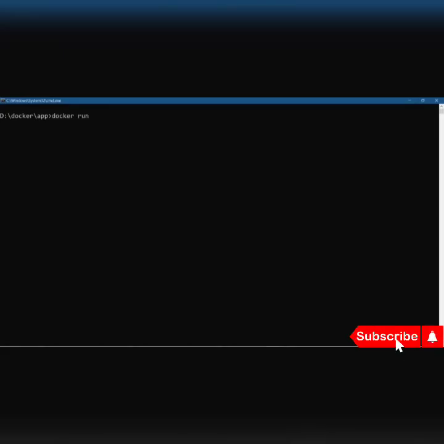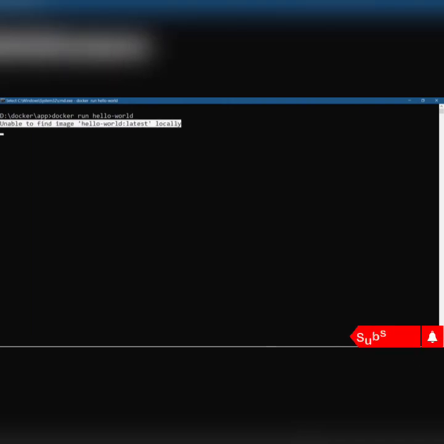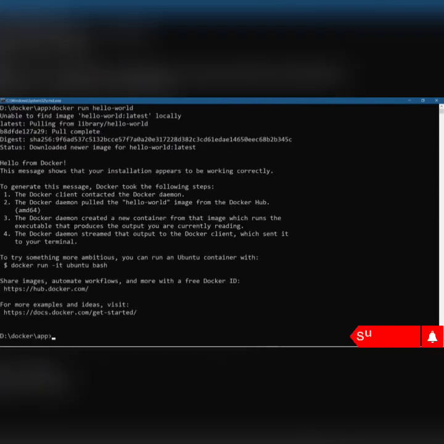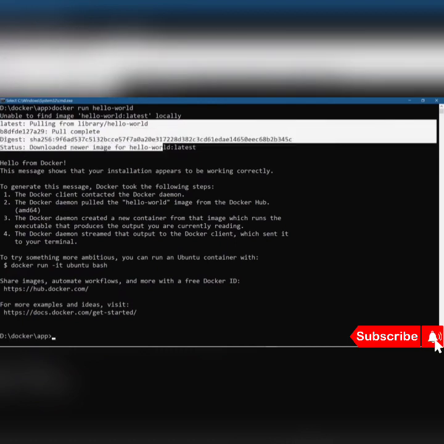In this lesson, we're going to learn how the Docker run command works. Just like printing hello world in any programming language, we're going to use the hello world image. So what happened when we ran this command is that it looked for that particular image in our local registry. But when it didn't find it, it pulled that image from Docker Hub and executed the container for it. So what happened?